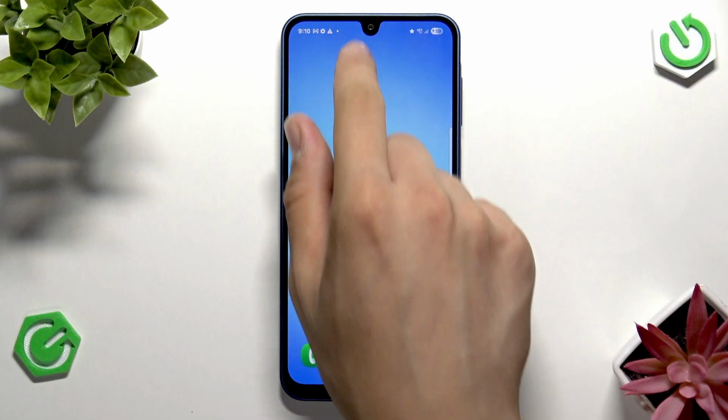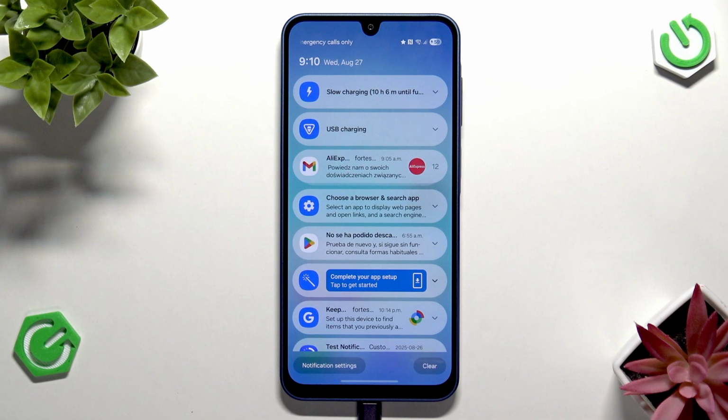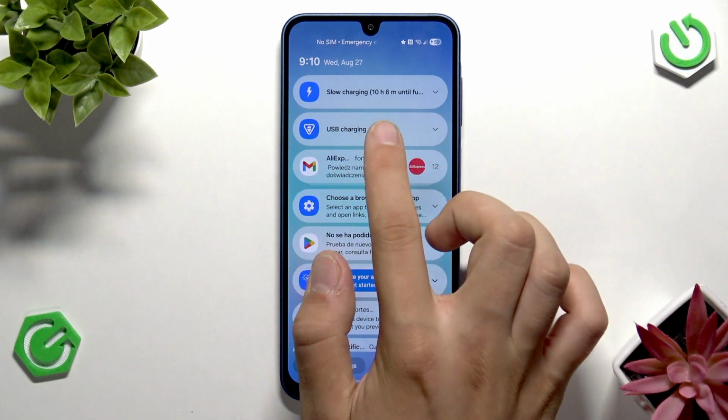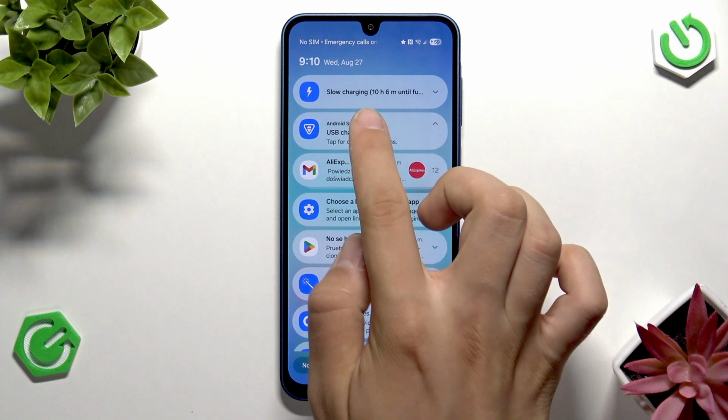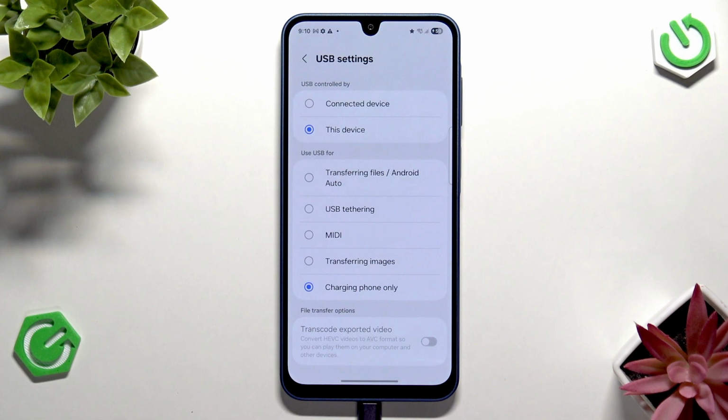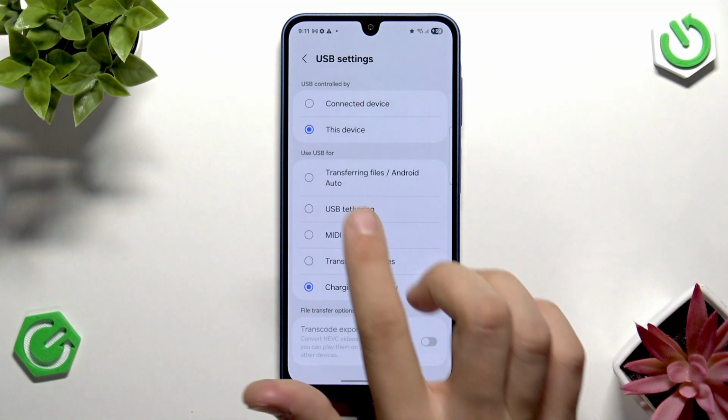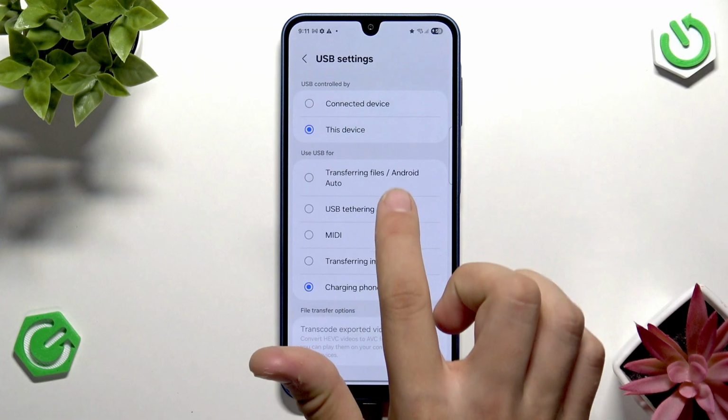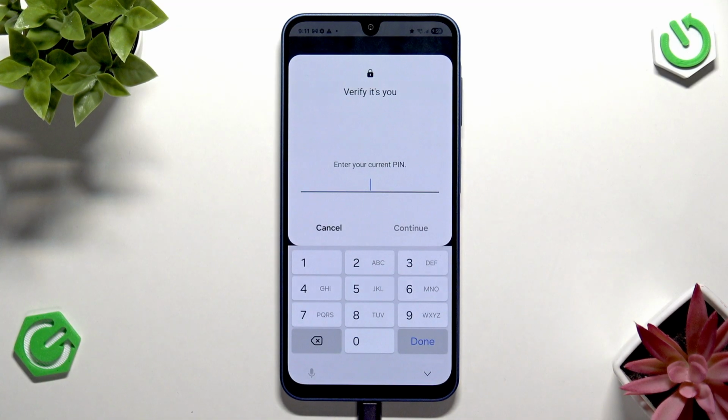At first, scroll to the notification bar in your Samsung phone, and here you will be having the USB charging. Tap that again, and here, as you can see, we do have a USB connected controlled by, and here we do have control device, connected device, or this device. We can tap this device or connected device, it doesn't really matter, but here use USB 4. Tap this first one. Now you have to enter your pin